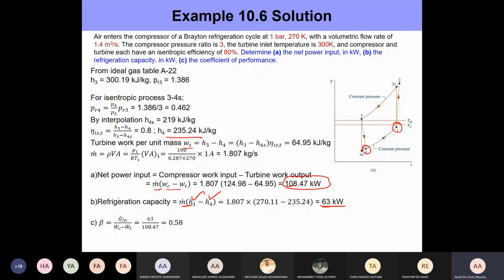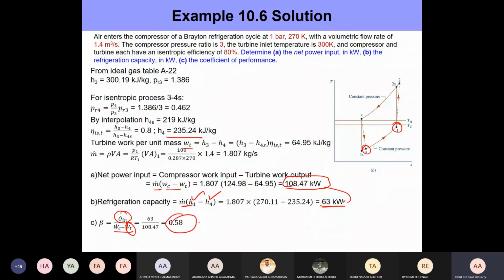Now the COP, it's simply the refrigeration capacity Qn divided by the net work input. All right. The difference here is that we are not only looking at the compressor work input, but we're looking at the net work input. So you cannot neglect the work done by the turbine. So when you plug in and divide these two numbers, we get a COP of